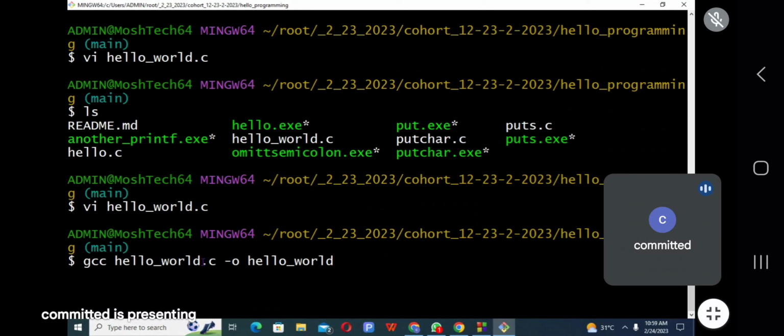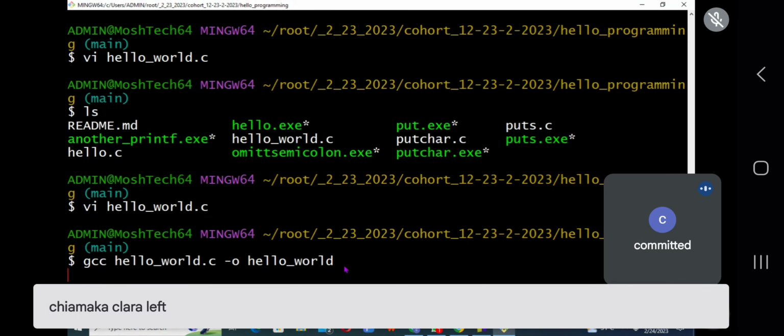So I am outputting whatever is coming here. I'm directing it through this -o. I'm outputting it into this file. So this file now will be called the executable file, while this one is called the source file. Now I press enter.